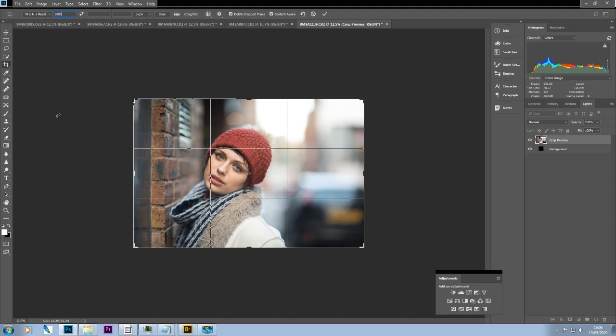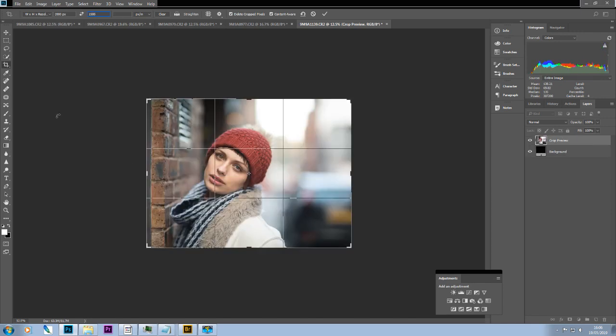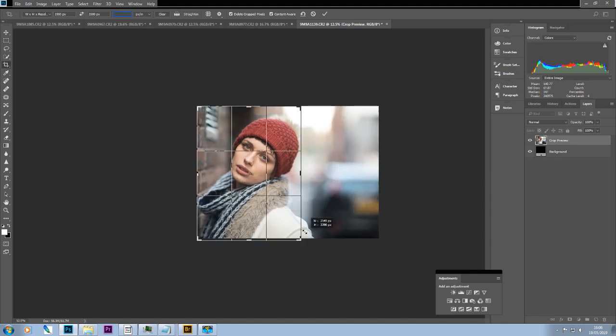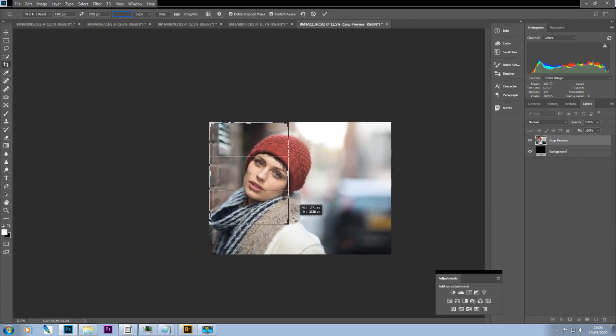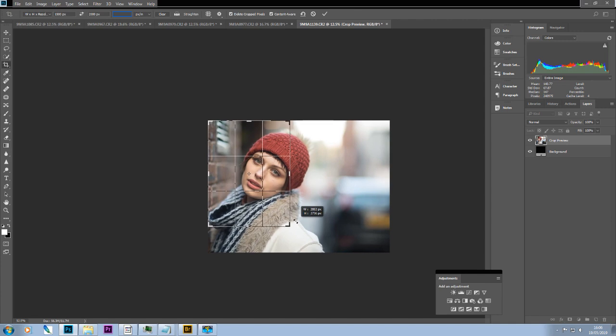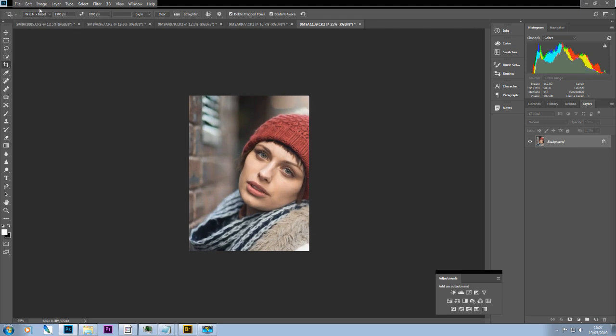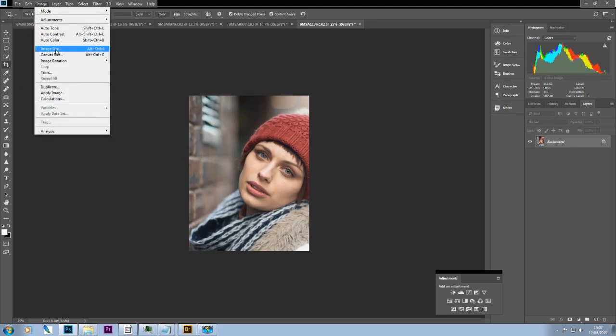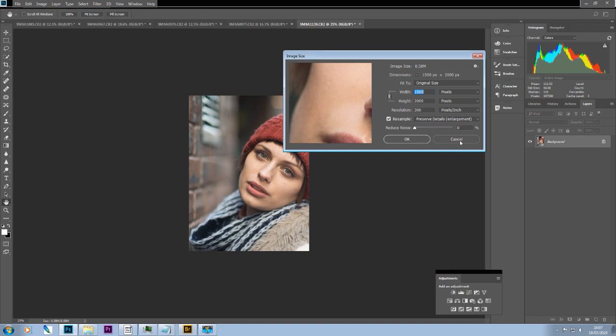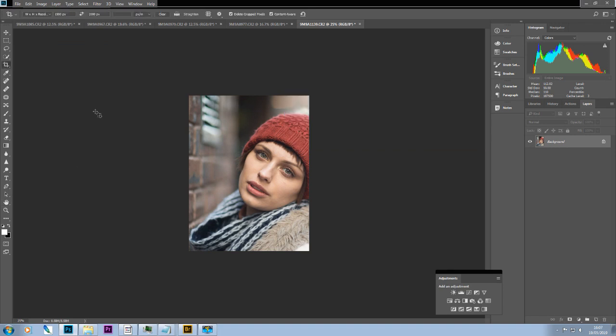make a crop and force it to be some arbitrary size like that. So I can do my crop, and then it will force it to be of that size. And those proportions are a slightly strange idea, but really what I'm just trying to show you is how to